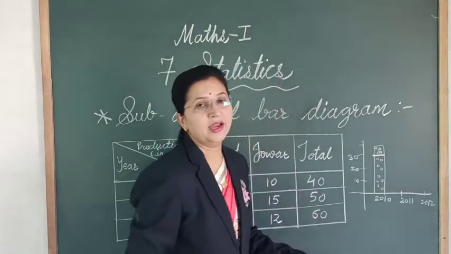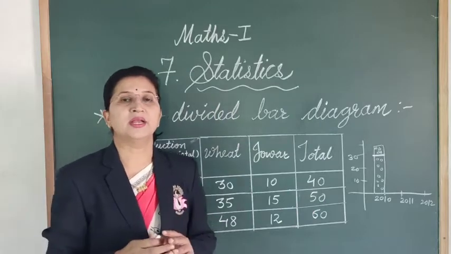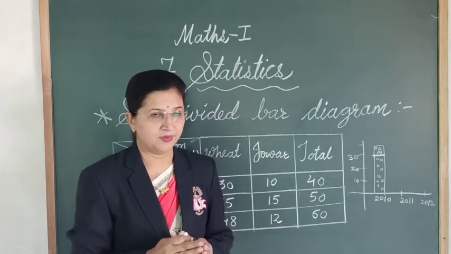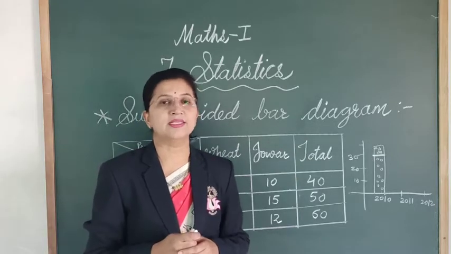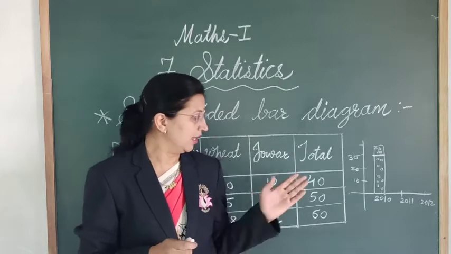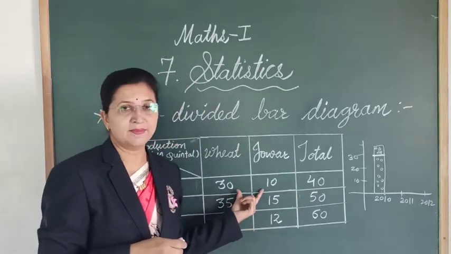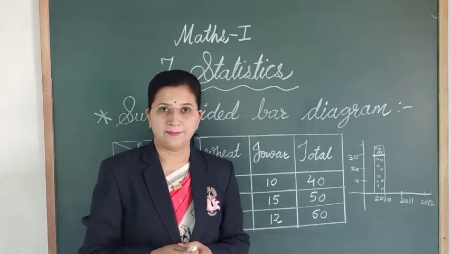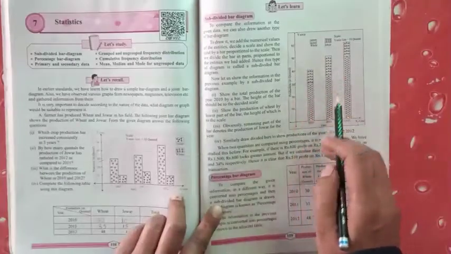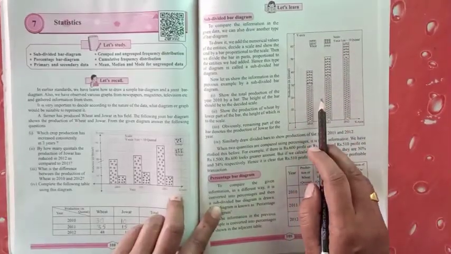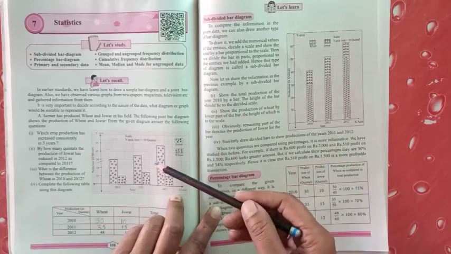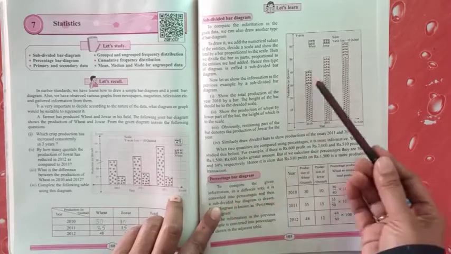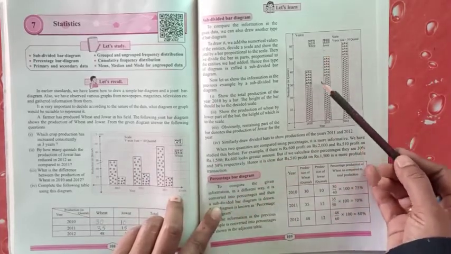Okay. So in this way, we can represent the given numerical data in the form of a subdivided bar graph. So this type of bar graph is called the subdivided bar graph. So let's revise. Let's see this example from the textbook. Then we will draw the bar graph on the graph paper. Now you can see this graph. So it is the subdivided bar graph. So dear students, we have revised this joint bar graph. Now the same information we can represent in the form of this subdivided bar graph.